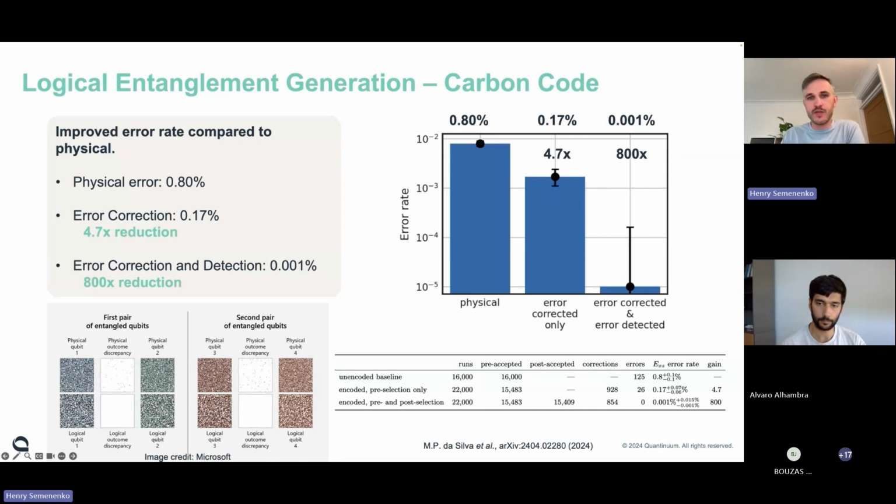But this is about 0.8%. And so if we then just look at doing error correction, and so this is when we're looking at the syndromes and actually correcting the errors that we think have occurred, then the error rate reduces by almost 5 times. But really the interesting point is when we start to look at both error correction and error rejection, being able to detect whether errors have occurred, this is 800 times better than we had at the physical level. And so we're really able to push the error rate and suppress that far below what we had at the